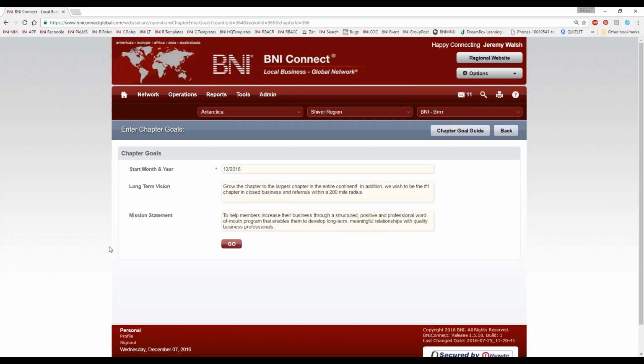The next thing, and you only have to do this next part once, but you do need to come up with both a long-term vision and a mission statement for your chapter. This is kind of the yay, rah, rah portion of setting your chapter goals. Now, the long-term vision is really, it's kind of the, if I'm looking at the road, our path ahead of us, this is kind of where I want to get to eventually. So when I look at the long-term vision, there are different techniques to doing this. But when I look at the long-term vision, I'm looking at this more from a perspective, not so much a numerical perspective, but more of a,